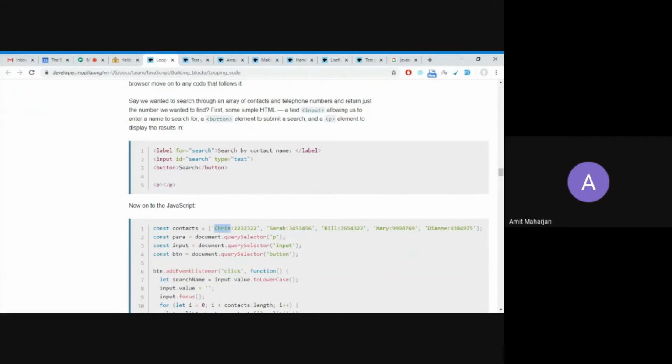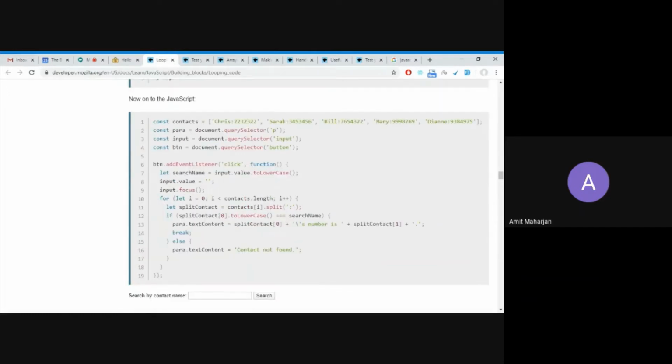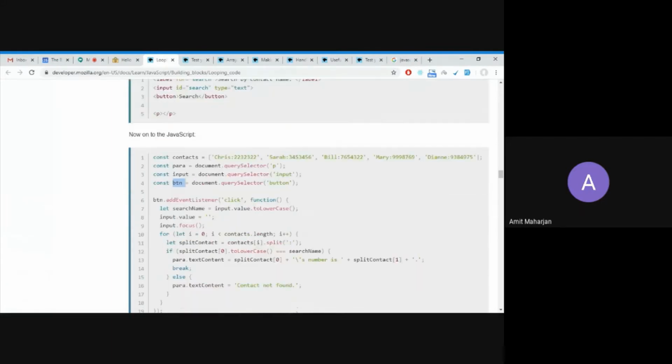So this is your array: 1, 2, 3. Let's consider Chris. This must be the phone number or the mobile number, whatever you like. You have 1, 2, 3, 4, 5 elements. Let's say contacts. Then this is the paragraph. This is your text input. So this is your button. So when you click on the button, this means